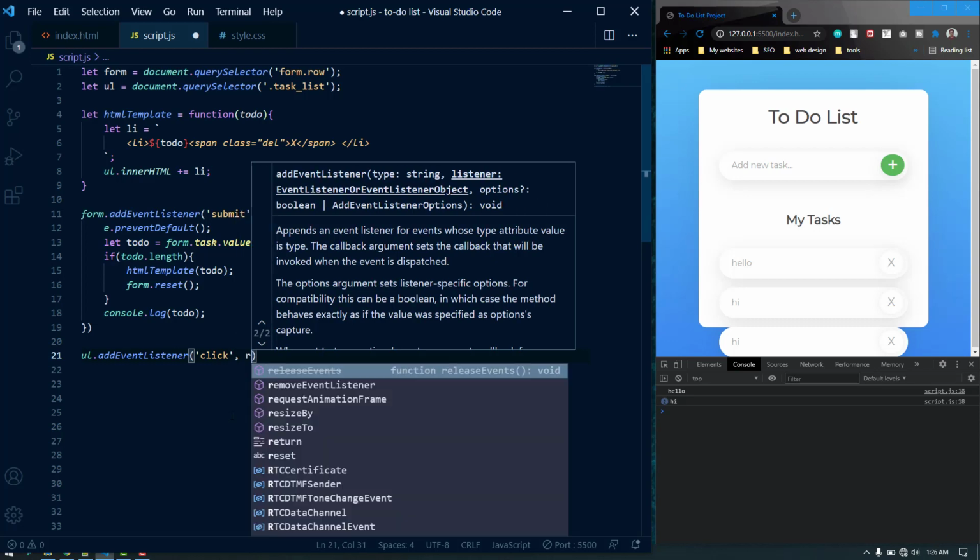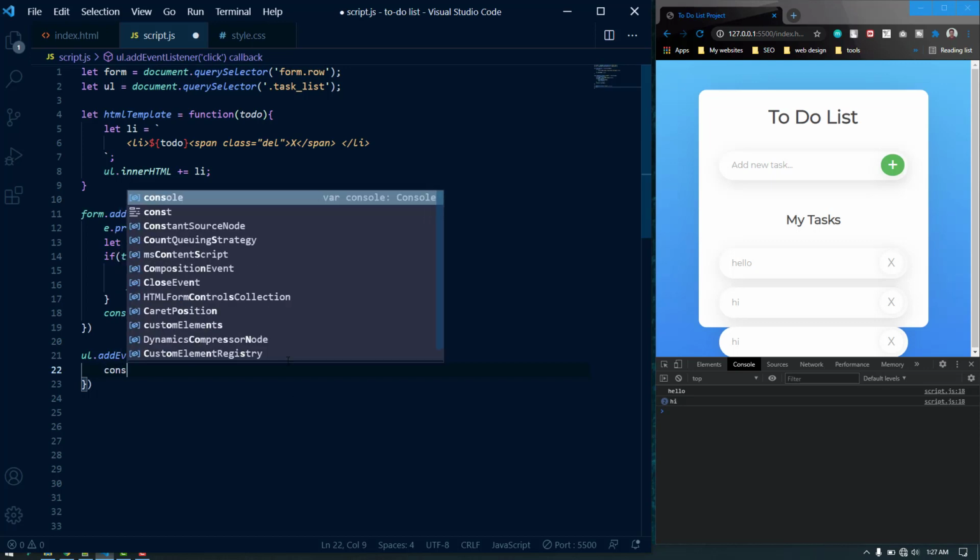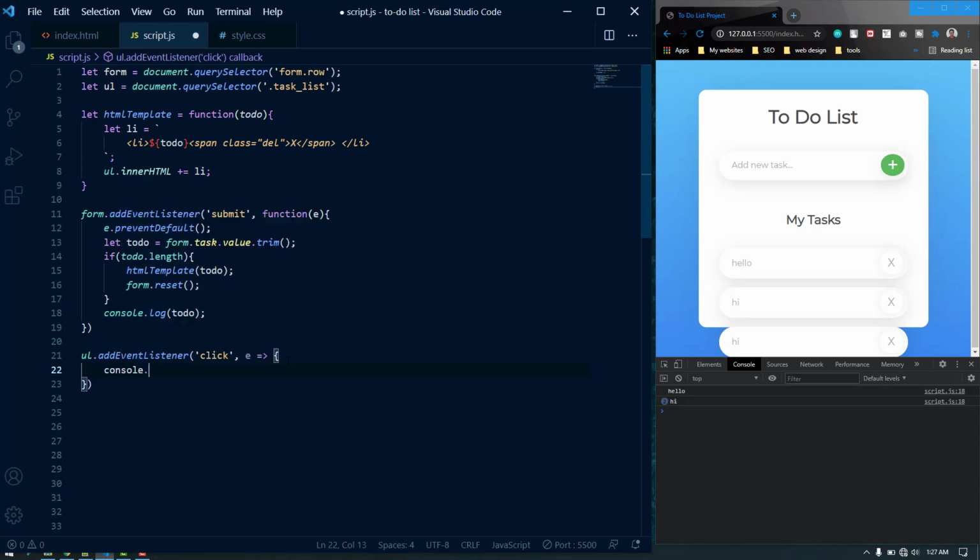Let's use the arrow function of ES6 here. It will look ugly because we use the old style function, then we use the ES6 function, but let's use it. So we are going to pass an event parameter with it, just like before, and we don't need to type the function. This arrow will do its job as the function. So everything is fine. Let's console.log to see if it works or not.